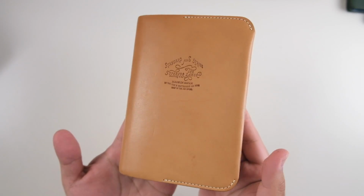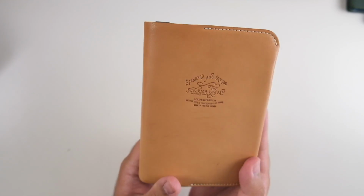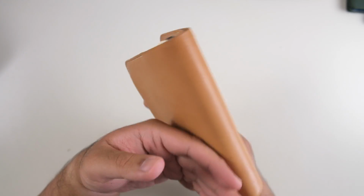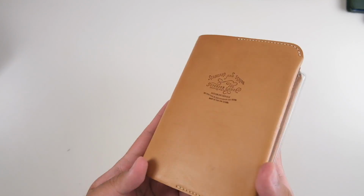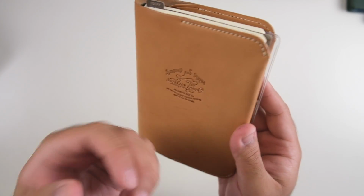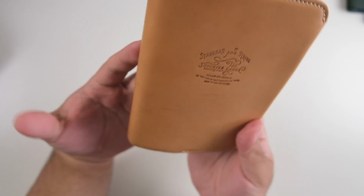But I just liked how minimal this looks, and I was definitely enabled by Caitlin and Mitts on YouTube. It's just so nice, and I think this is honestly the smoothest leather that I own. It's so soft and so supple. Sometimes I just pet this notebook. It's so soft. It's starting to patina, and I'm surprised it hasn't patinaed more because the leather is so soft and gentle. I feel like this would have looked a lot more worn by now, but